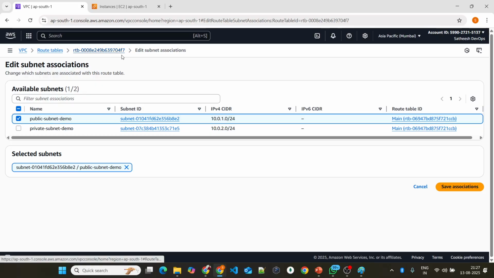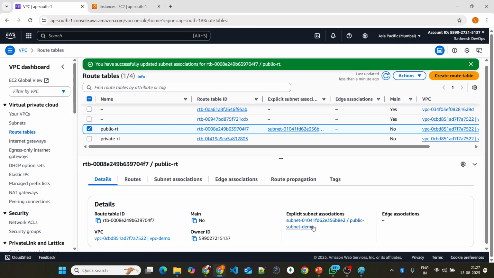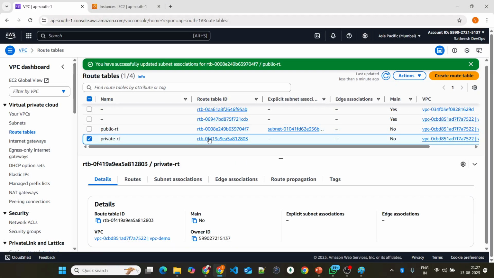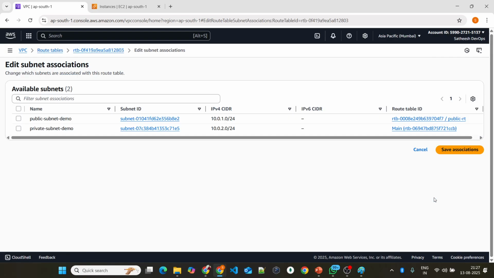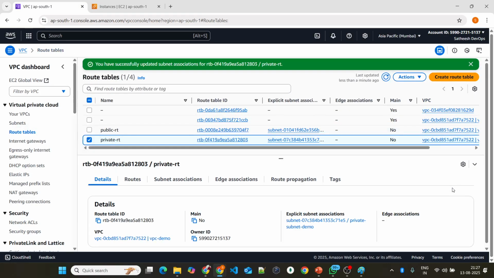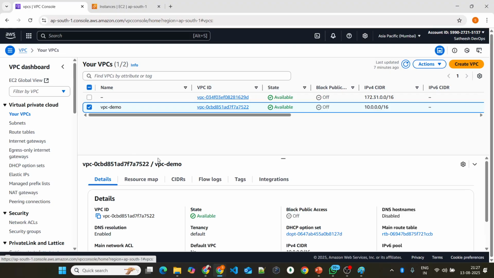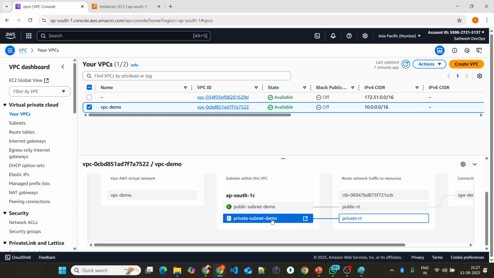I want this public route table to be associated to this public subnet demo, and then I save the association. Now it got associated to this public subnet. There is one more thing, the private subnet. I go to this private route table, choose the private subnet, and save the changes. Now if you go to the VPC and see the flow map here,